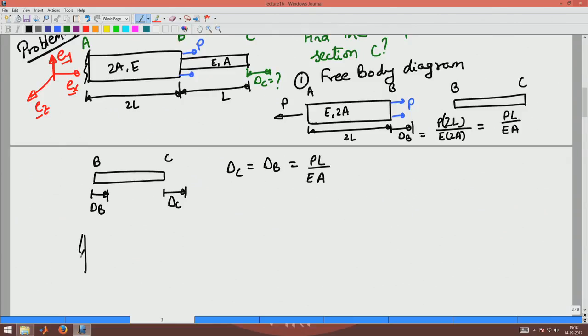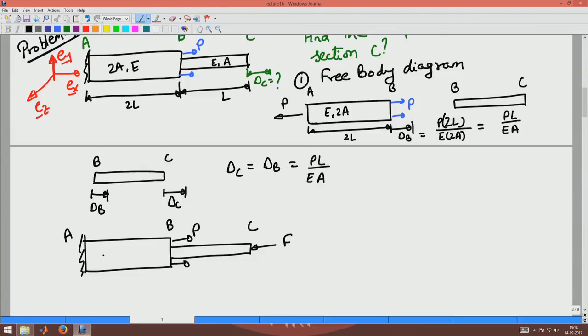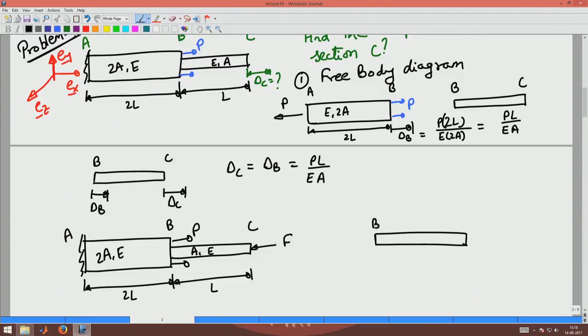On the other hand, if I had applied a force F at C, so instead of solving that problem, I was looking at this problem, say there is a force F applied here and there is a force P applied over there, then delta C. AB and BC again, this is 2A, E, A, E, this is 2L and this is L. Then the free body diagram of BC would be something like this, F. So, this delta B, and if this displacement is delta C